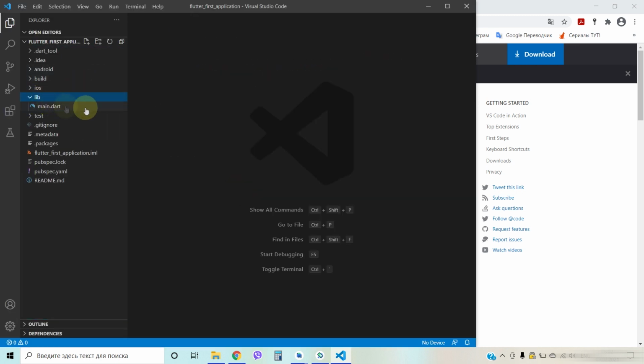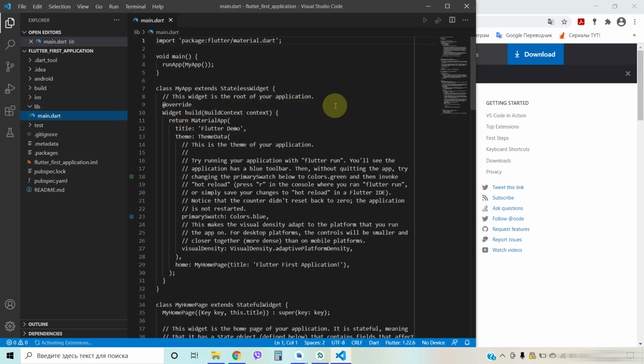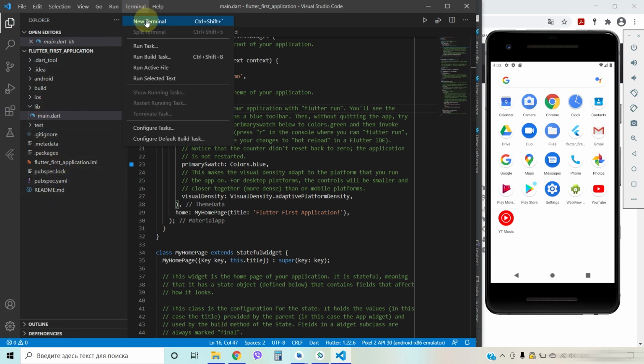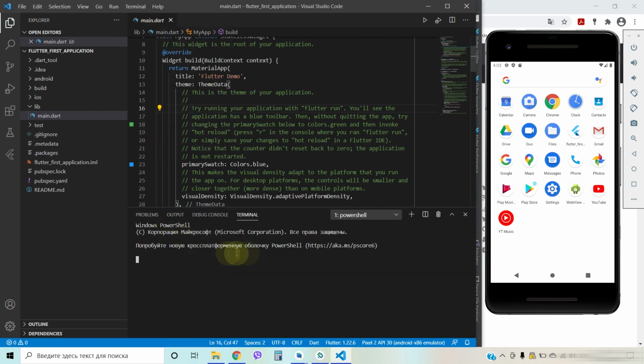Okay, this is our project which was created in Android Studio. Let's create new terminal and write flutter run command.